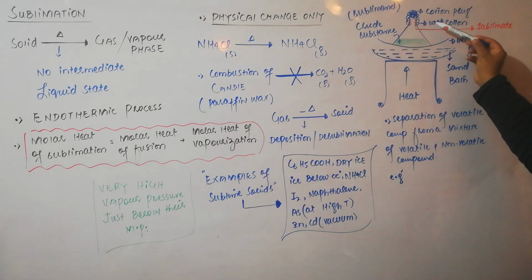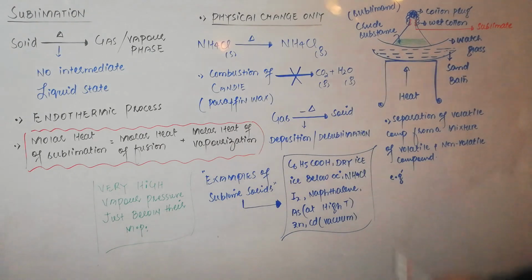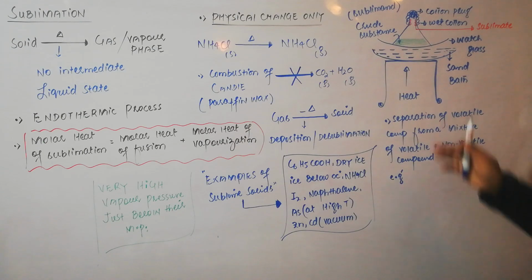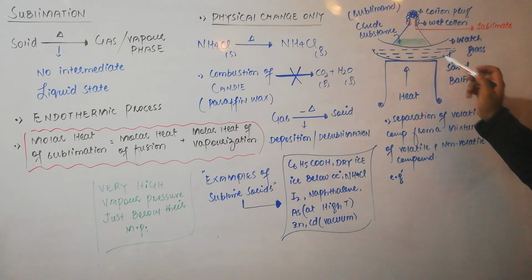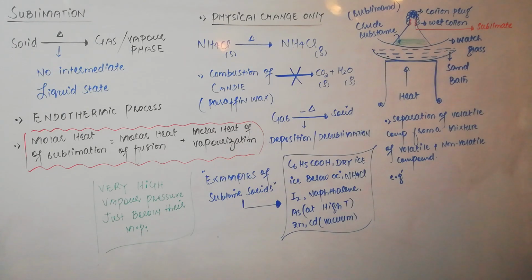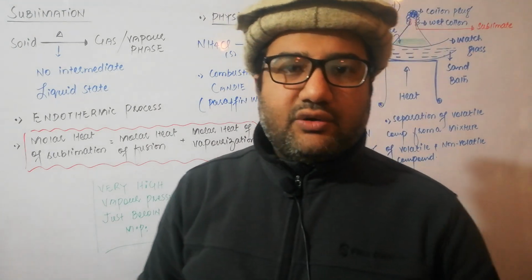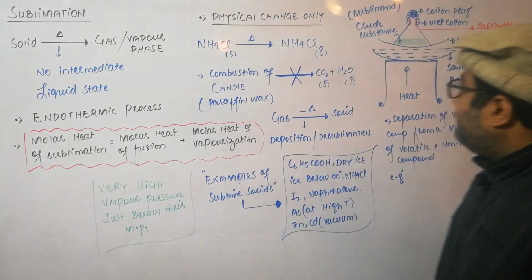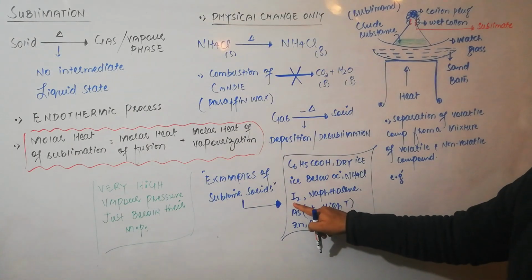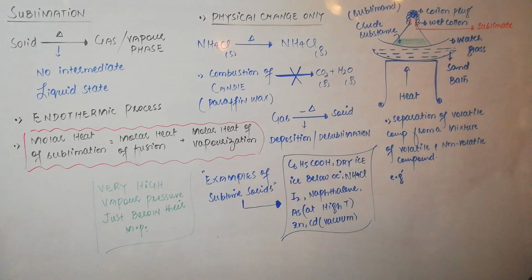Wet cotton is placed on the sides of the stem and a cotton plug is placed at the mouth of the stem of the funnel. Now you will heat it. Sand bath is for slow heating. When this crude substance is heated, suppose that this crude substance is a mixture of iodine and sand. Suppose it. So when you heat it, because iodine is a sublime solid while sand is a non-sublime solid,